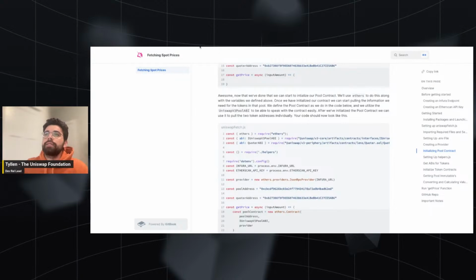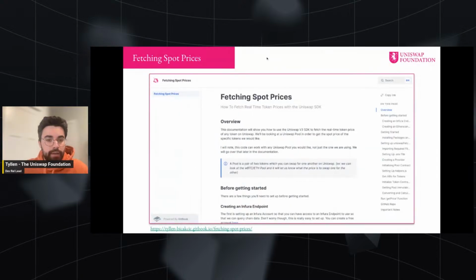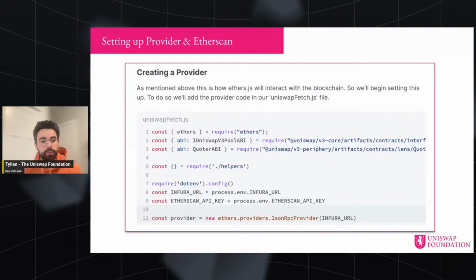So let's get started with understanding how to fetch the live spot prices of a Uniswap v3 pool. Before you get started actually running the code, you'll need to do some housekeeping. You'll need to set up your provider and your Etherscan API key. You just get your API keys by signing into Infura. If you've never signed up to Infura, it's rather easy. You go to the Infura website and sign up there and you get their API key,